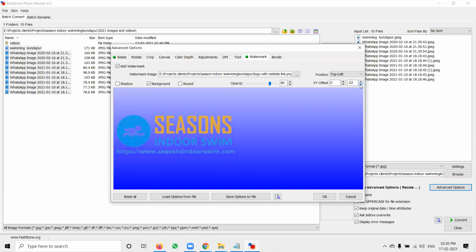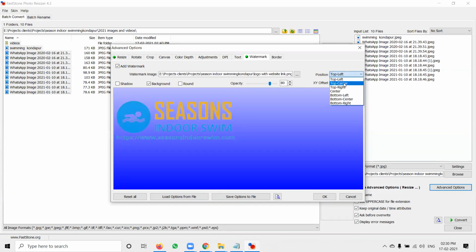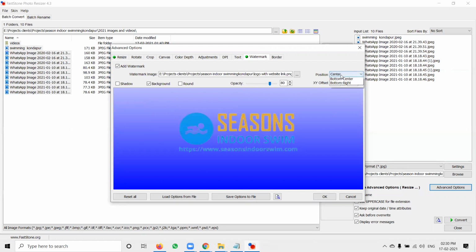Now select the position. Position is a mandatory field. The options are top left, top center, top right, center, bottom left, bottom center, bottom right. Then there is the background, and you can increase it a little bit.